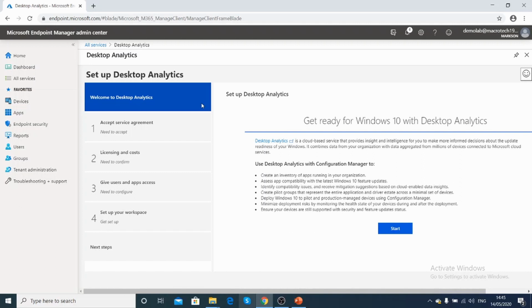The basic idea of Windows Desktop Analytics is that it will collect all your Windows OS data. For example, if you have Windows 7 or Windows 8 devices, it will collect all that information and give you a complete compatibility report on whether you can upgrade your Windows machine to the latest OS or not. So for that, this particular analytics is useful.